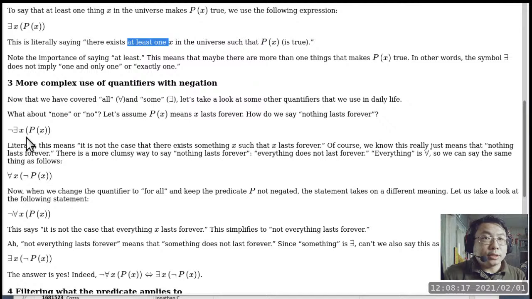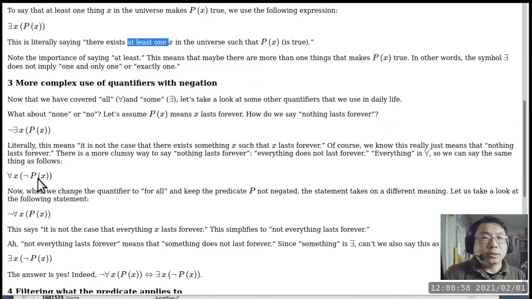For this expression, there's a way for us to move the negation so that the negation applies directly to the predicate. But to do that, we have to change the quantifier. You can see how the "there exists" quantifier becomes "for all," and the negation goes from the outside to the inside. The second one, if we were to say it in English, is the same thing as saying for every x, it is not the case that p of x is true.